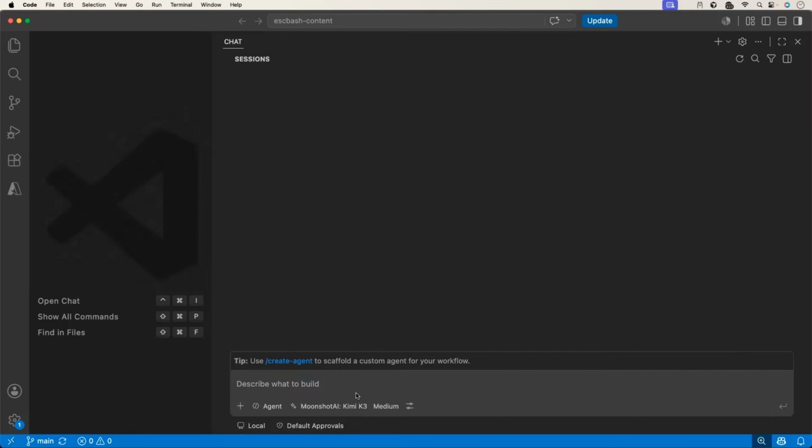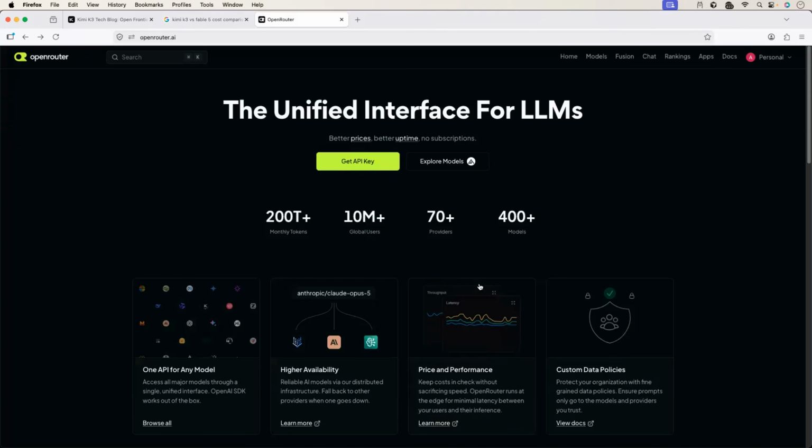Now let me show you how you can access Kimi K3. I'll take Visual Studio Code and quickly show this to you. So this is my Visual Studio Code. You can see I'm using GitHub Copilot and I've already been using Kimi K3. How did I achieve this? Very simple. Step 1, head to OpenRouter, or if you want, you can go with other providers as well. The reason why I chose OpenRouter is that with a single API key, you can access tons of open models. Let's say today you don't like the performance of Kimi K3, you can easily switch to a different open model. Or tomorrow there is a better one, you can switch to that one.